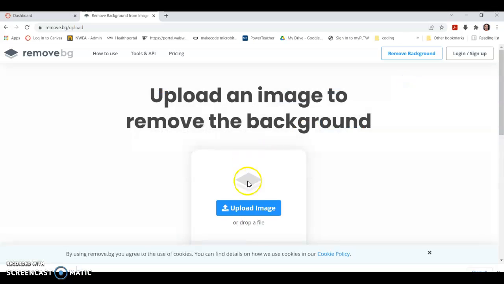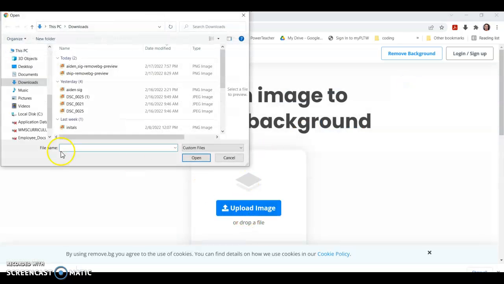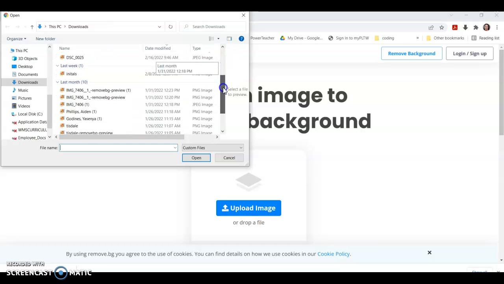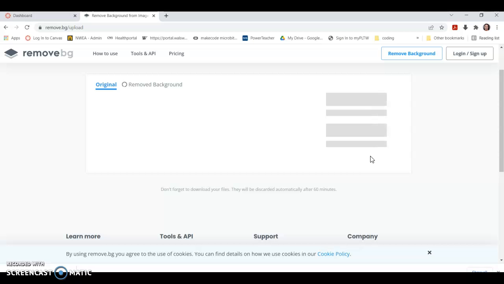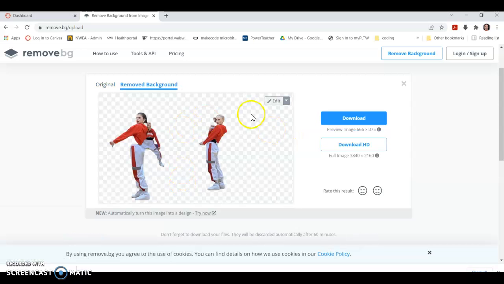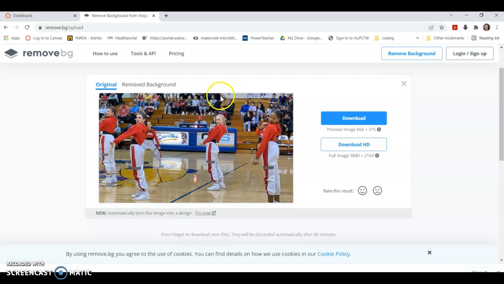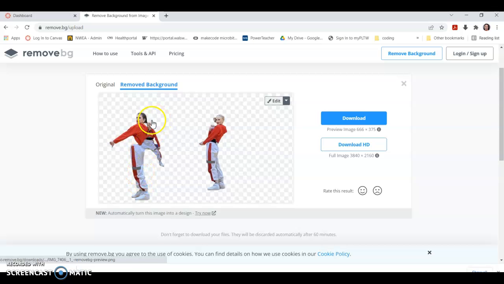I'm going to do that one more time with a picture that has a busier background. Not really sure what's in some of these, but let's try, this one's the dance team. So I bring this one in, and you'll see the original had the whole Homestead gym behind it and then had our dancers in the front. When we did the remove background, it kind of cut them out a little bit, kind of lost a little too much there. If this happens with yours, you can hit the edit button,